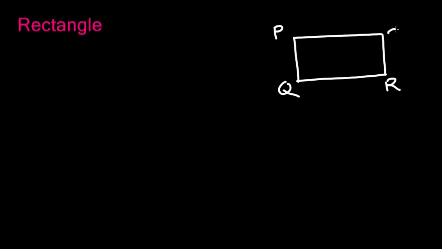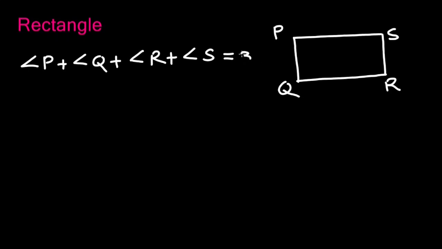Rectangle is another special parallelogram whose all angles are equal. PQRS is a rectangle because all its angles are equal. According to the angle sum property of a quadrilateral, angle P plus angle Q plus angle R plus angle S equals 360